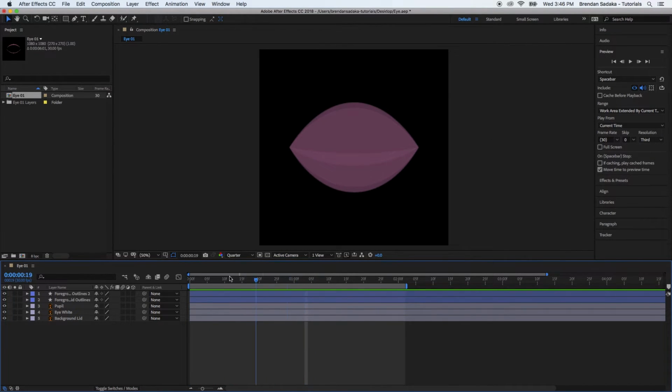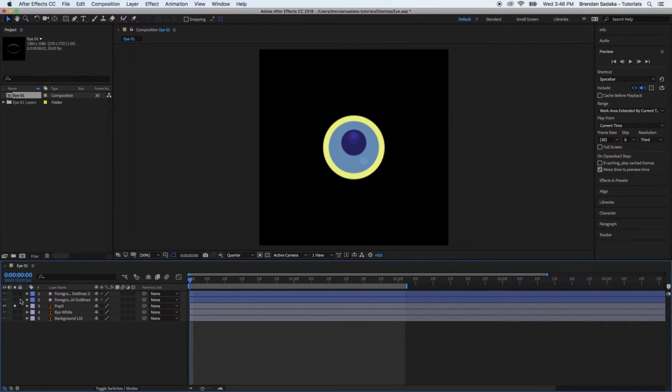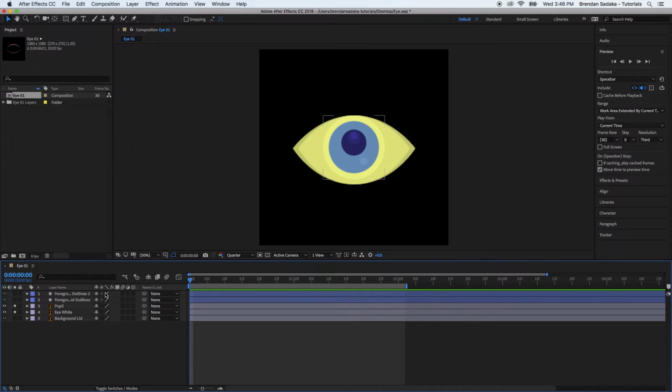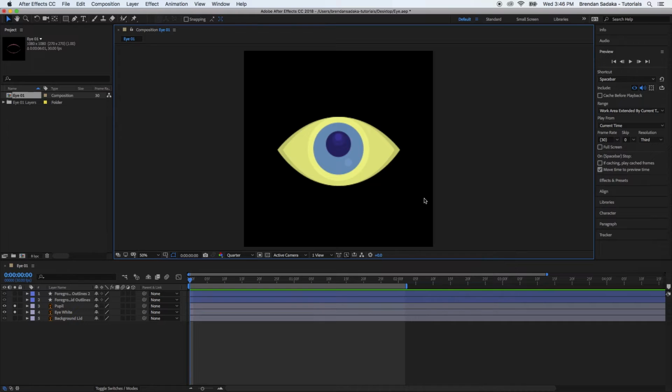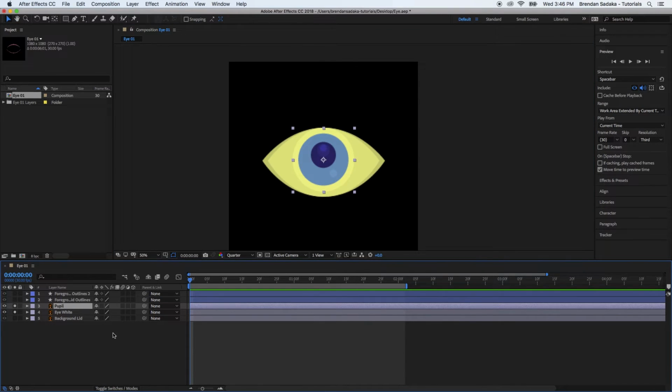All right, next step. Let's make the eyelid, or sorry, the pupil move around a bit. So I'm just going to solo the pupil and the eye white. Zoom in, not that much. It's a little crazy. Take the pupil,